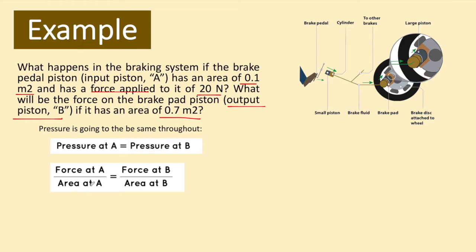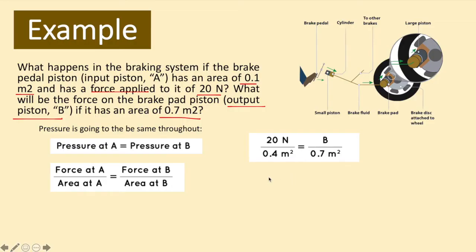So force A, what is force A? Is 20 newtons divided by 0.1 meters squared. And then at point B, we don't know the pressure, but we do know the area, and it's 0.7 meters squared. So now what we do is I need to isolate